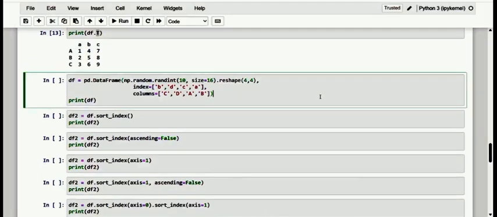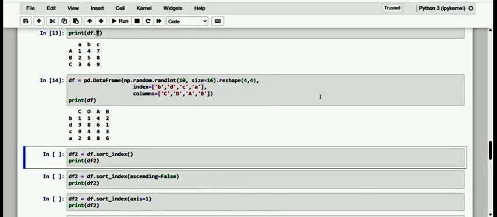Here we go with the creation of a data frame. Dear friends, let me create a data frame with the index and column labels arranged in an unordered way. So it is practically almost a real data frame. Let me create it. It is in an unordered manner, something given as random. Now let us sort it by the label. Let me sort it by the label first.